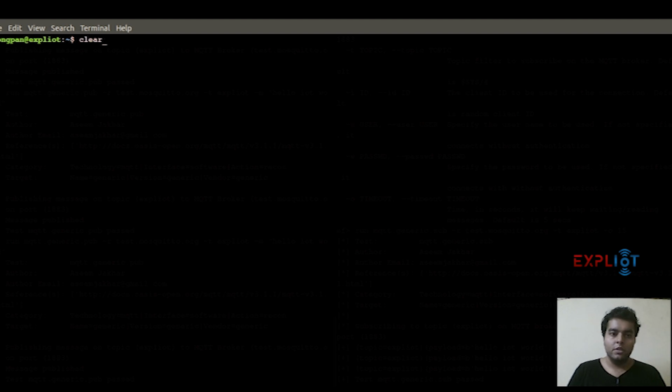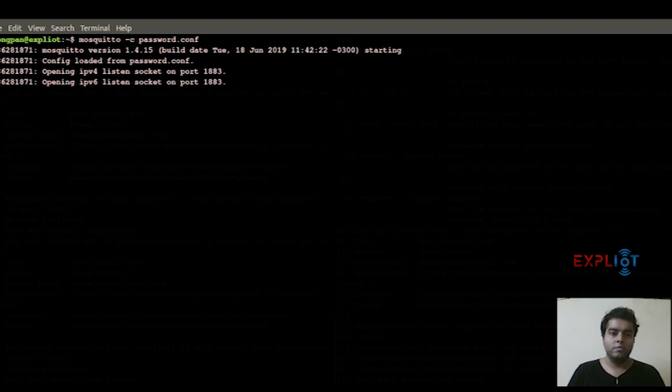Alright, so I'll start my MQTT broker with my customized configuration, which has my username and password. Now it has started.